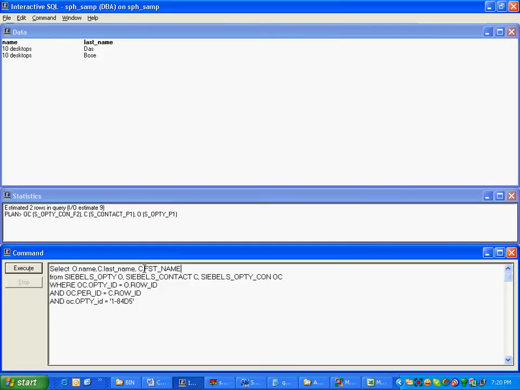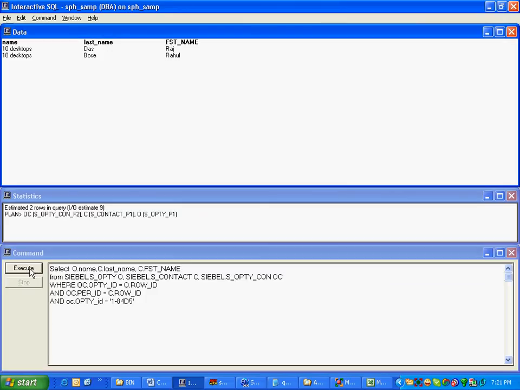I would advise you to make a list of the common column names and the tables that you will be using. I'll give you the list. We'll both together make it once and for all. We'll do some hard work today. Okay. If you execute this, I get this data. I've got the opti name as well as the last name and the first name all in one view. This same information is present here also.